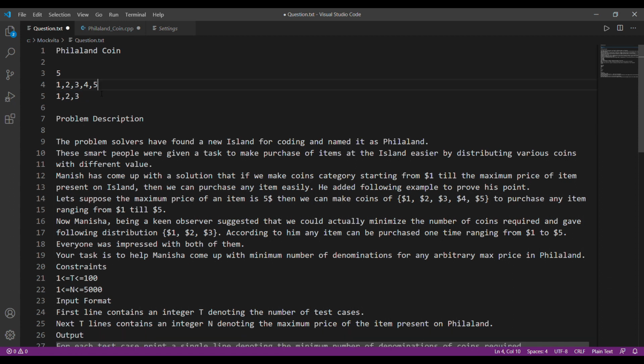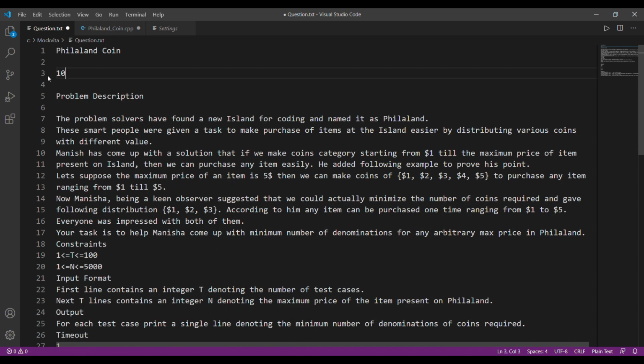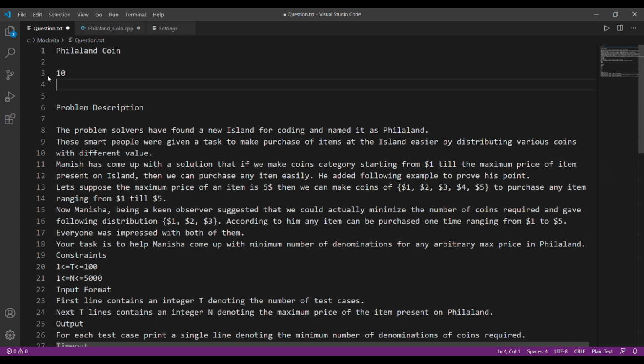Now this was the actual trick of the question. This was the part where you were meant to get lost, because the test cases that they have given us, they wanted to confuse us. Another test case that they have given us is 10. The number that you have to create is 10, and the values will range from 1 to 10. You have to create them. So that will be 1, 2, 3, 4, 5, 6, 7, 8, 9, 10.